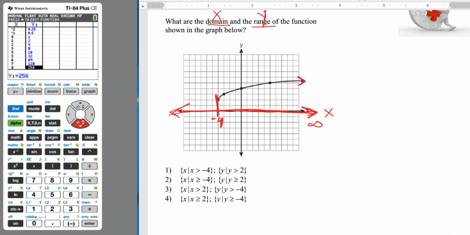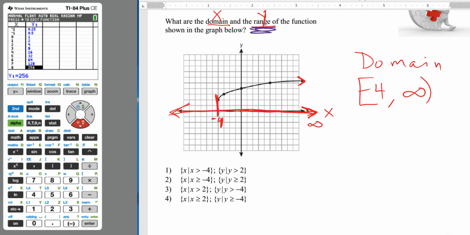Okay, so we know that our domain goes from -4 all the way to infinity, right? -4 included. Infinity means on and on. You can't include it. Okay. Now, on the other hand,